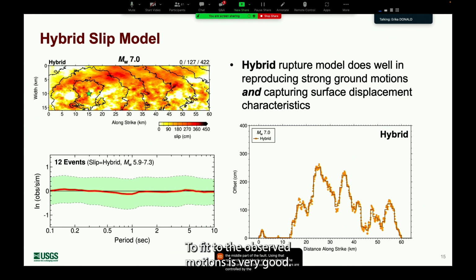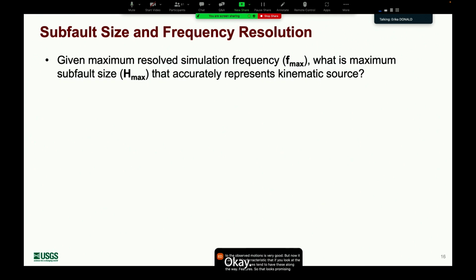The fit to the observed motions is very good, but now it also has this characteristic that if you look at the shallow part, it does tend to have these longer wavelength features. So that looks promising. Okay, the second part that I'd like to talk about is the subfault size and the